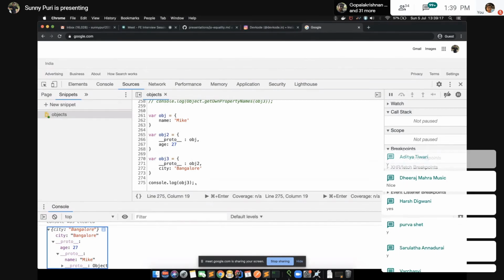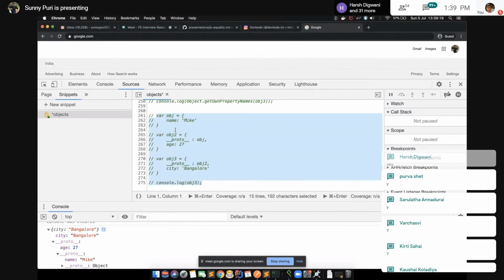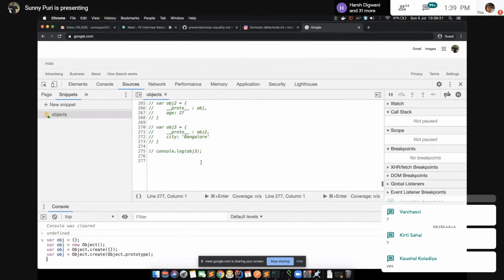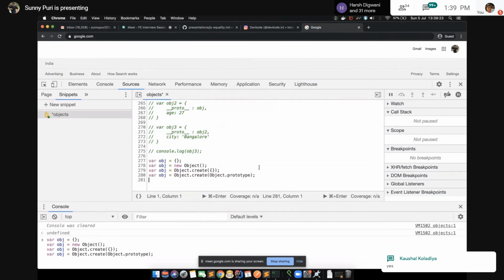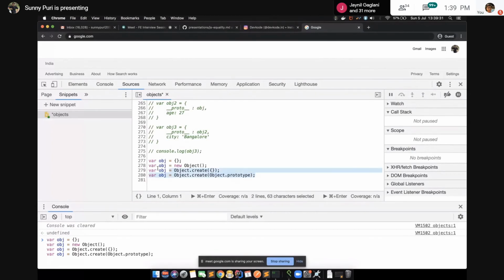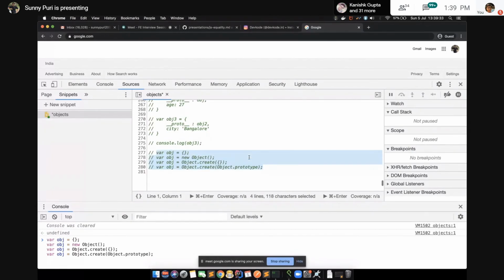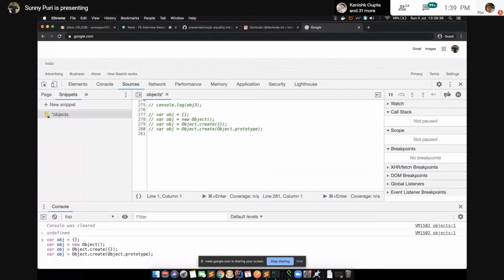Great. So we have covered these three things. I can create an object using literals, new Object, and Object.create. It is the same, right? Object.prototype we are linking with this. So these are the three easy things.